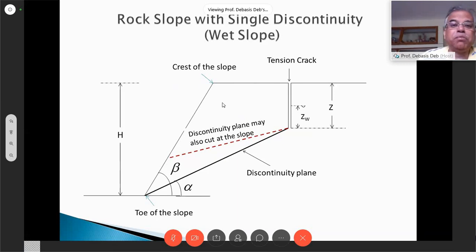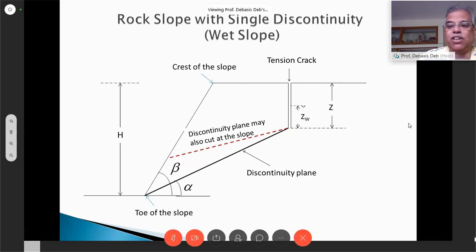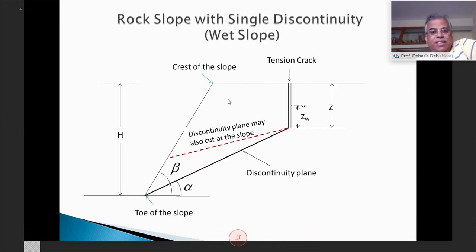Why is this happening? Because they are ready to fall. This is a free surface, so they have no restriction of movement in this direction. And the further back you go, what happens? Hold this. If it is a continuous body, you may think at least this top part of the slope